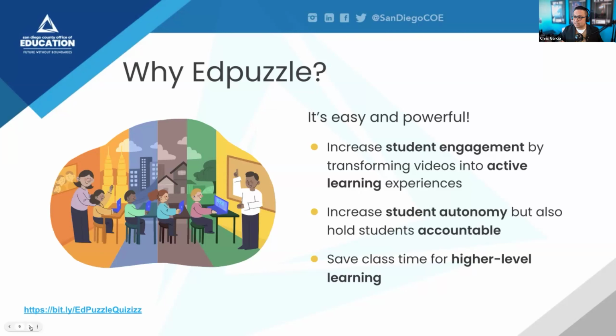But the other thing is this, it allows you to also save class time for higher level learning. So sometimes there's those concepts where, well, that lesson's done. We're done earlier today than we expected. So let's go ahead and move forward from there, or let's try to figure something out, or let's go outside and have recess. But as a good teacher would know, and as you plan for it, and as we plan for it, when it comes to harder concepts,